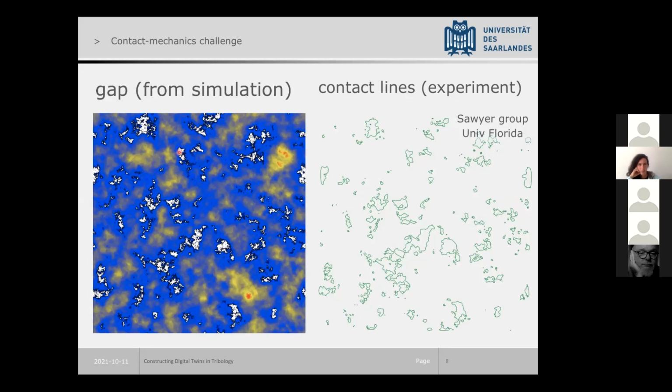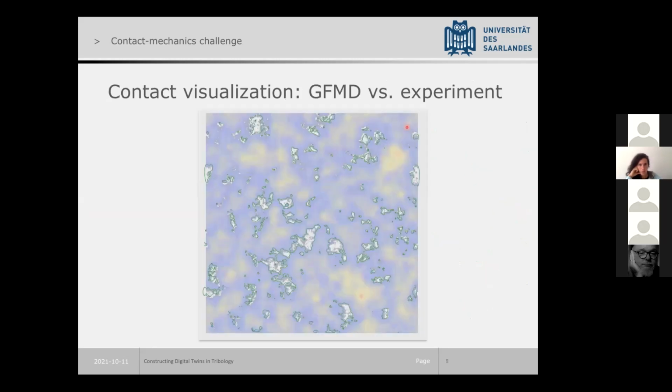So this is really basically a system that was meant to be 100 microns by 100 microns. Greg scaled it up to larger dimensions, but so that all the dimensionless numbers remain conserved. And we can superimpose simulation and